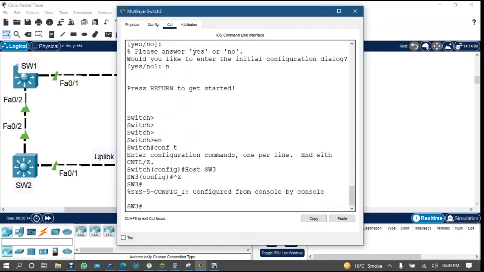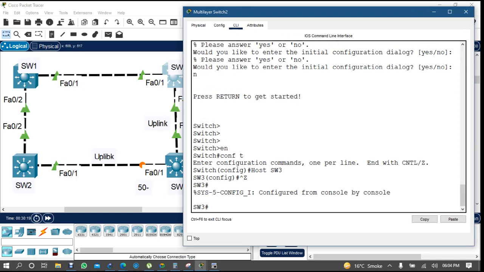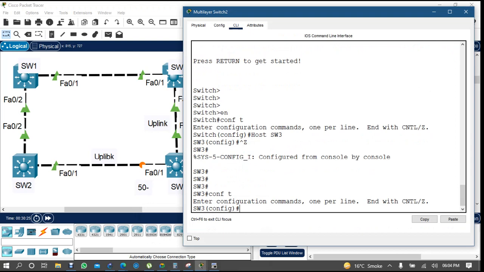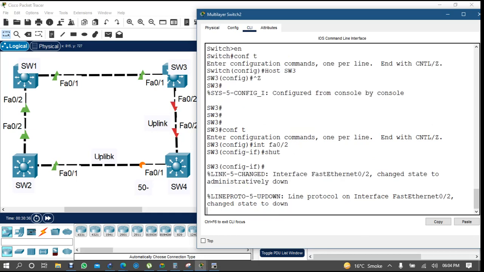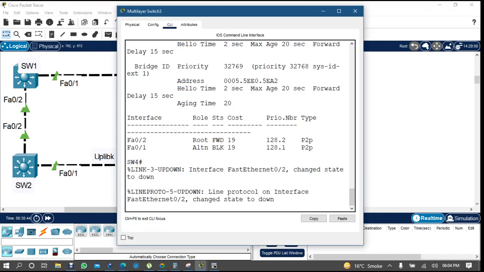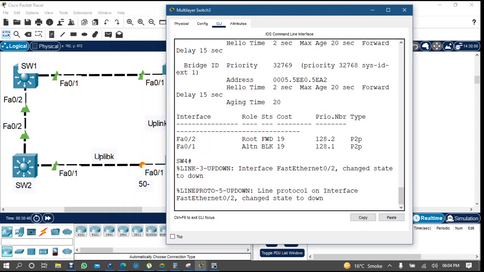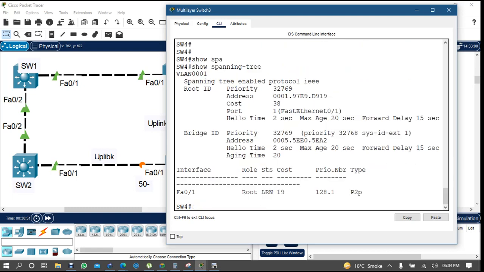So if I'm coming to switch 3, conf t, interface f0/2, shut. Okay, so it's down, so this link is down. If you check this link on switch 4, what is it connected to? If you check with the spanning tree command,